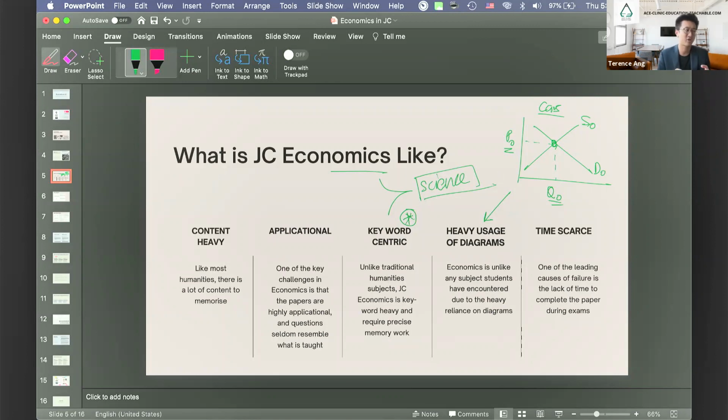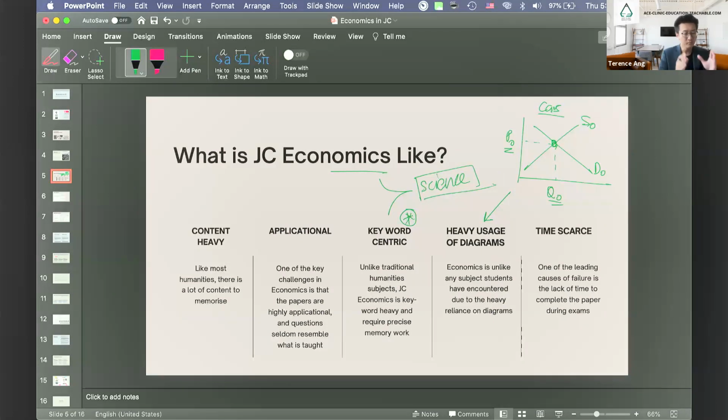So this is something that's truly unusual. And what we find is that for a lot of students, when they first start junior college, doing economics for the first 3 to 6 months, they go to exams thinking that diagrams are optional, but actually diagrams are very central to the subject. And it's really, really important that you have them